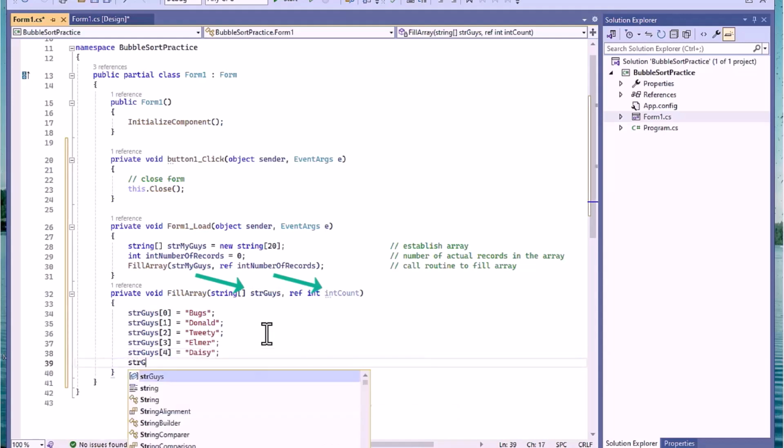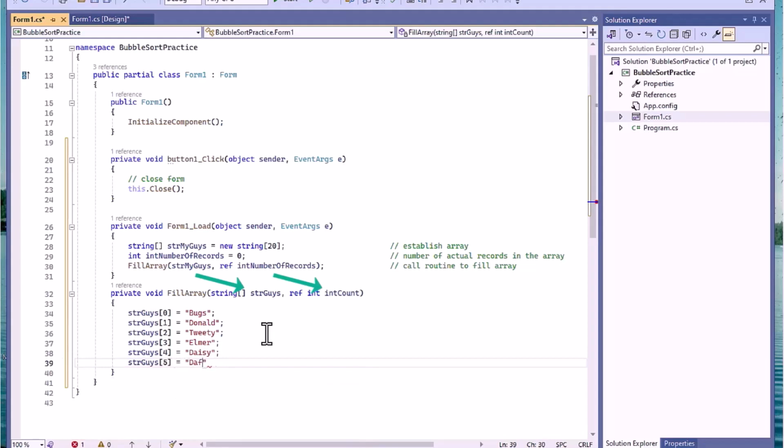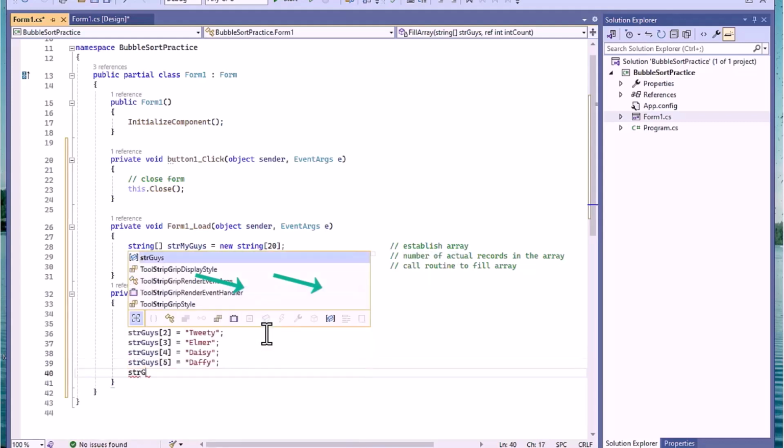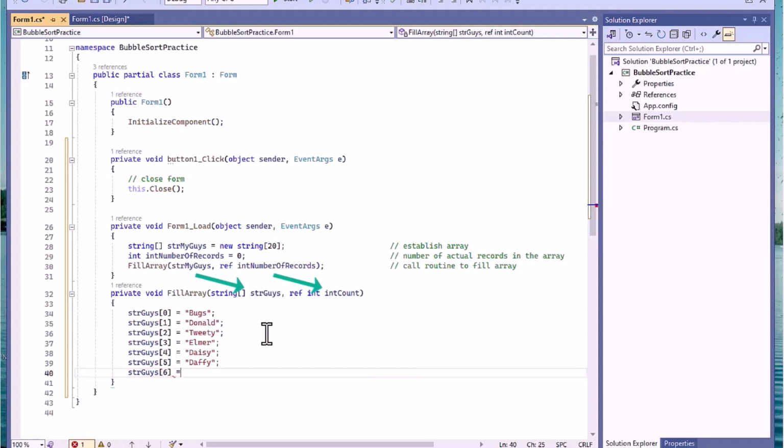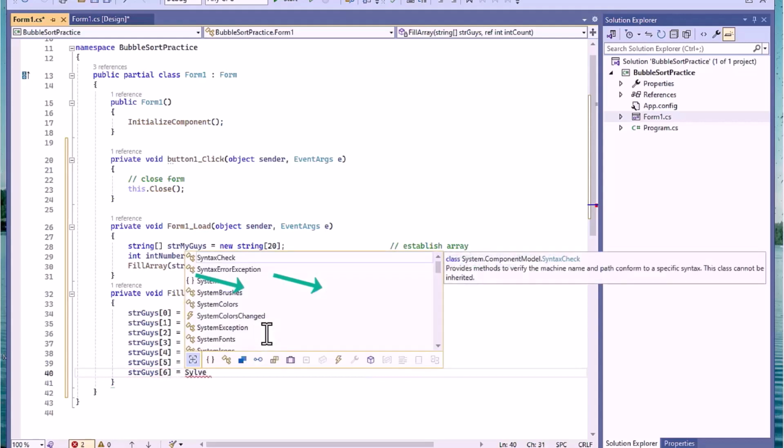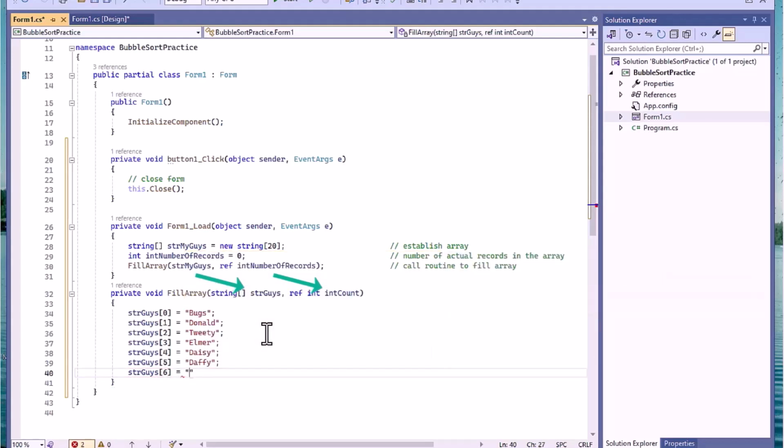And strGuys 5 is going to be equal to Daffy. And finally, strGuys 6 is going to be equal to Sylvester. Let's give it a quote here. And we're going to finally say our int count